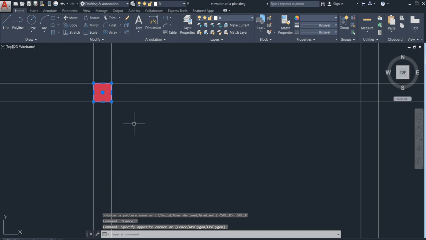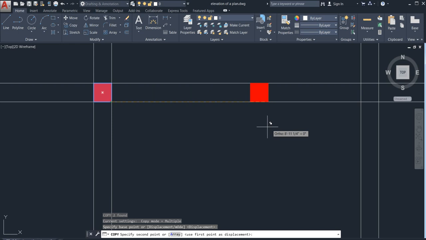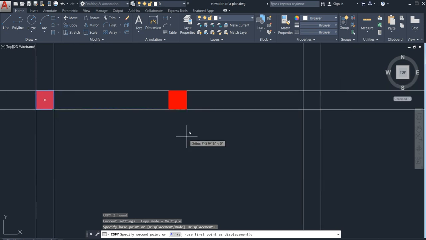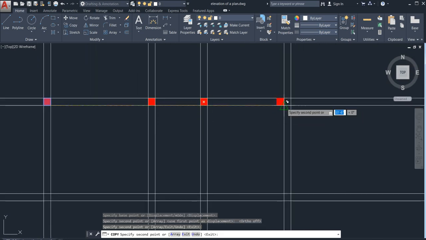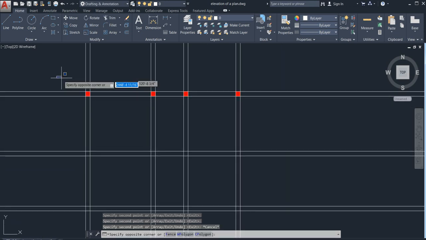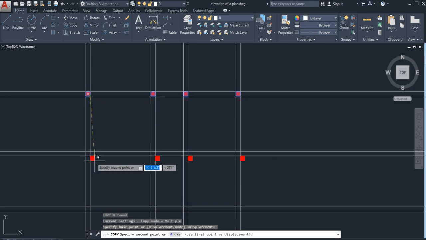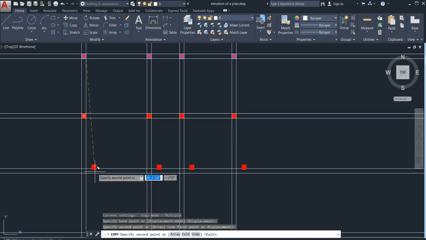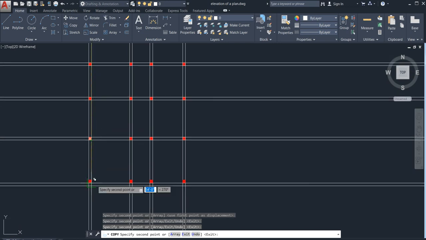Now I am going to tell you some tricks. Go for copy command, just click it. Now ortho should be off, just place it like this. Now you can see, skip it. Now these tricks will be helpful. See, select all this, go for copy command. Now what you do, just click wherever the columns you want, just go like that.